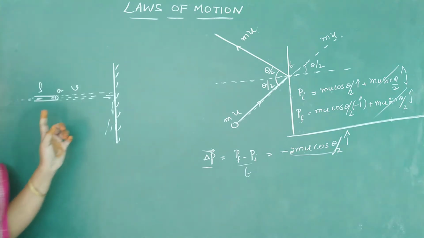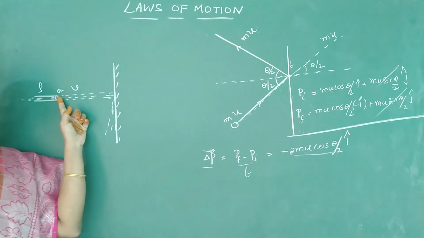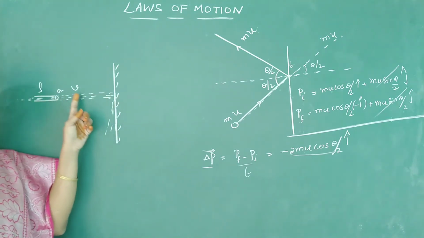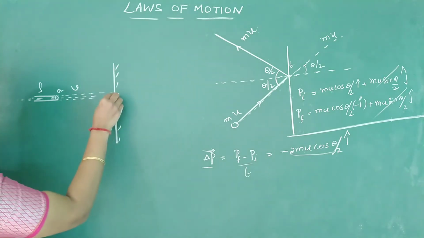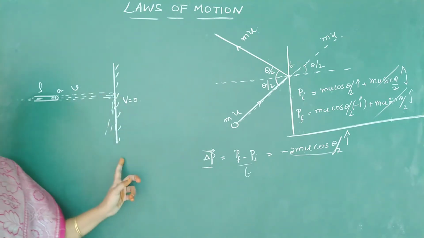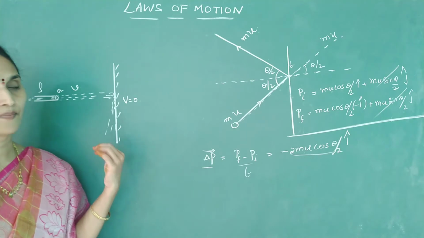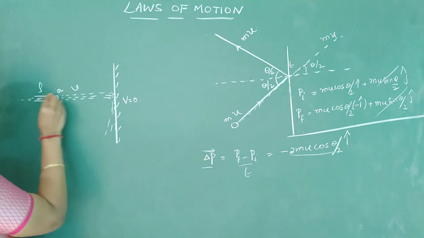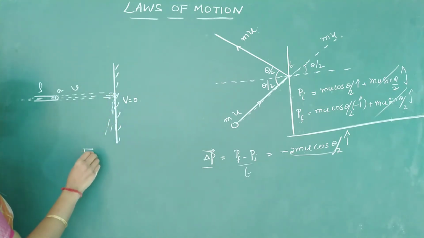I repeat the question. From a hose pipe whose area of cross section is a, liquid of density rho is emerging out with a speed v. It is hitting the vertical wall. After hitting the wall, it is coming to rest. Okay, it falls down. It is not bouncing back to the same speed. Both the cases we will study. So if the time of impact is t, what is the force exerted by this liquid on the wall? How to calculate the force?